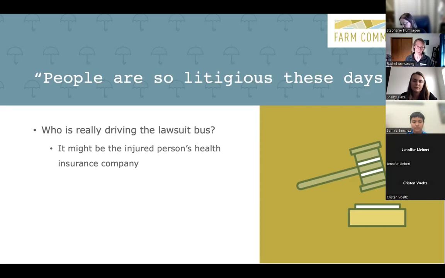So the health insurance company is like, say an 8-year-old gets sick from drinking cow's milk. It's not the 8-year-old's decision. It's not the parent's decision. It's the health insurance company's decision about whether or not that farm is going to get sued for the treatment